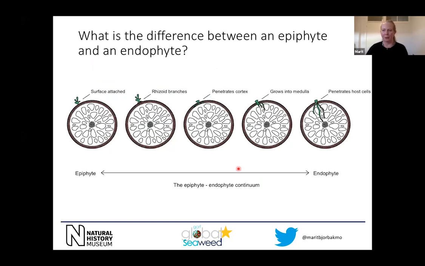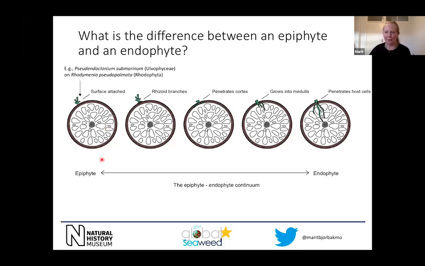So this illustration shows a cross-section of a red algal host with the outer epidermis, cortex, and the inner medulla. It's not always easy to distinguish between what is an epiphyte and what is an endophyte, and where to draw the line between these two categories. Like many things in nature, we biologists like to put things in boxes or to have specific definitions, which do not always correspond to what we see in nature. However, I tried to come up with some endophytes that can act as examples for the different scenarios shown above.